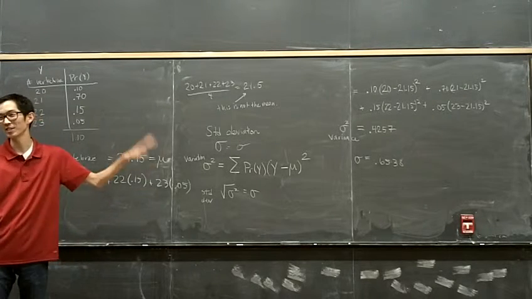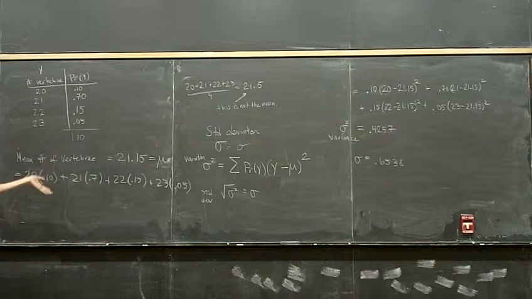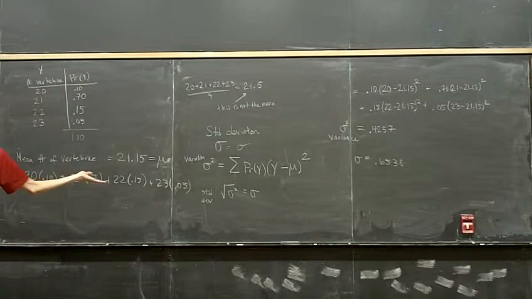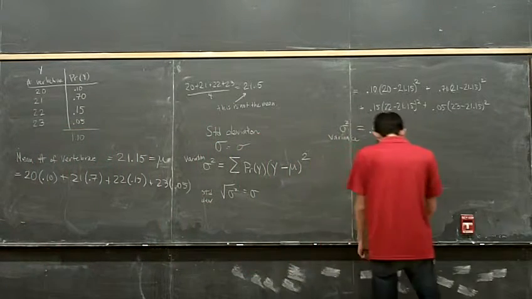Did we get this, or did you not even bother trying? All right, well that's how we get the mean and the standard deviation for a random variable. Is that all right? Okay, good, because now we are going to